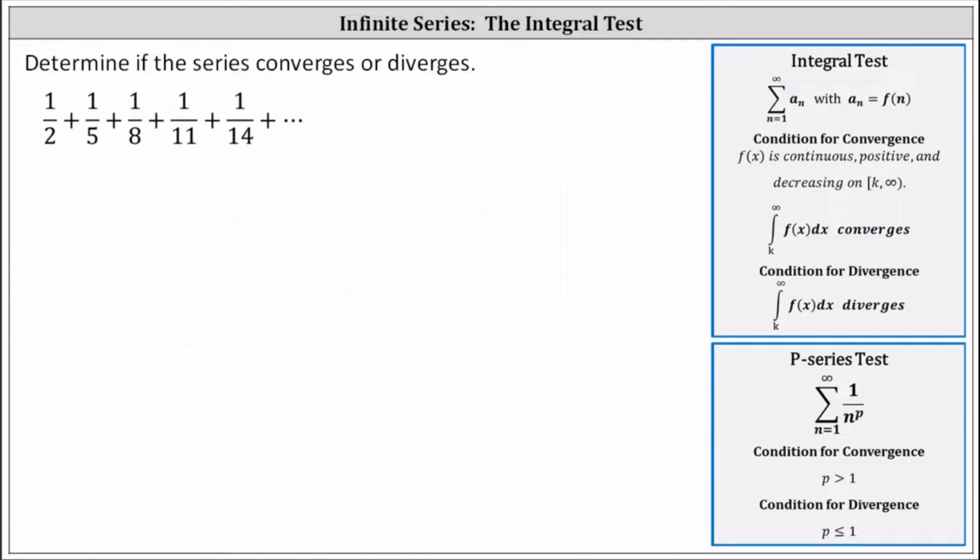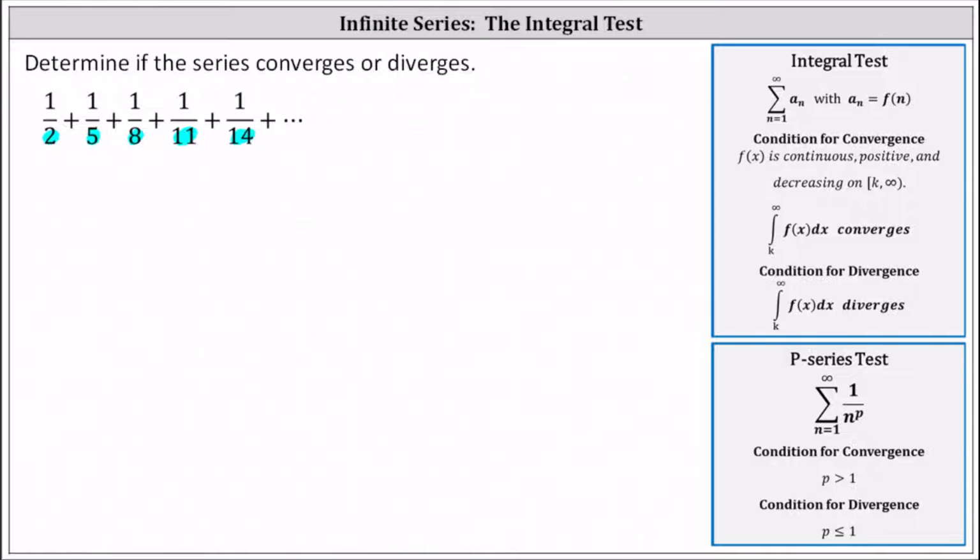Determine if the series converges or diverges. We have 1/2 plus 1/5 plus 1/8, and so on. We first need to write a formula for the infinite series, and then we'll determine what test to use to determine convergence or divergence. Because all the numerators are 1, let's focus on the denominators of 2, 5, 8, 11,